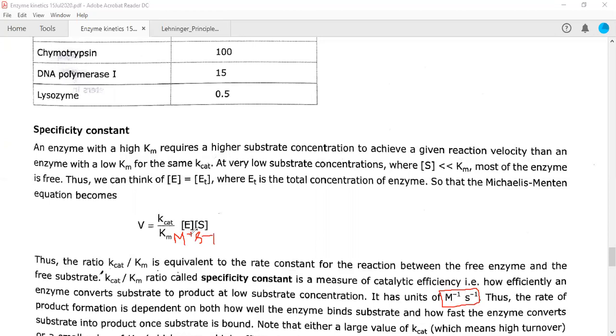If you remember, this is the same unit as for second order rate kinetics. Second order reactions also have the same unit. Therefore this is called the specificity constant. An enzyme with high Km requires the higher